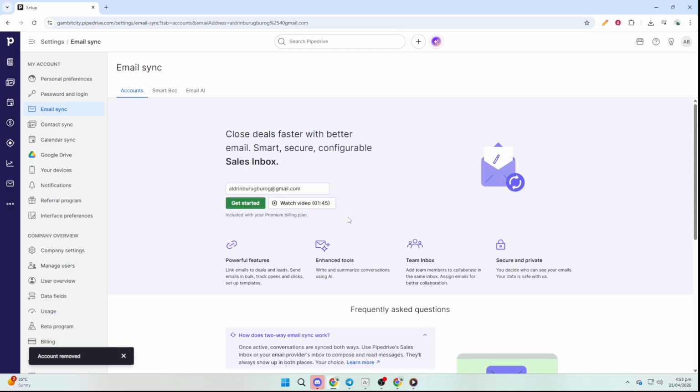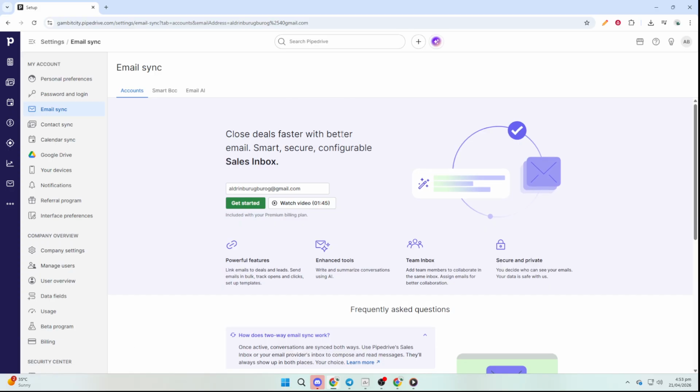After you confirm, the account disappears from your list of connected mailboxes. Pipedrive will no longer access or attempt to sync that inbox, and the connection is fully cleared from your email sync settings. If you ever need to use that mailbox again in Pipedrive, you can add it back later as